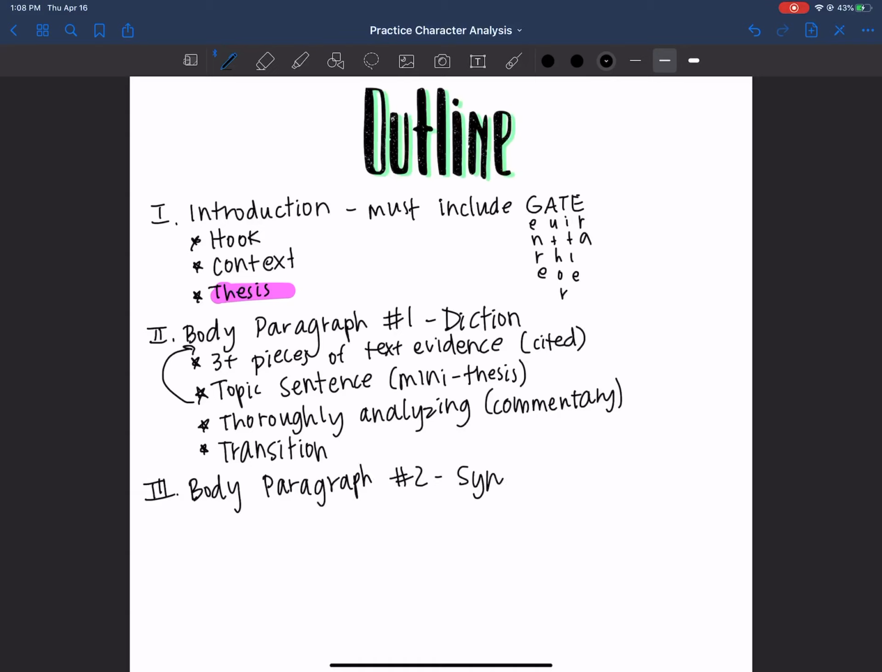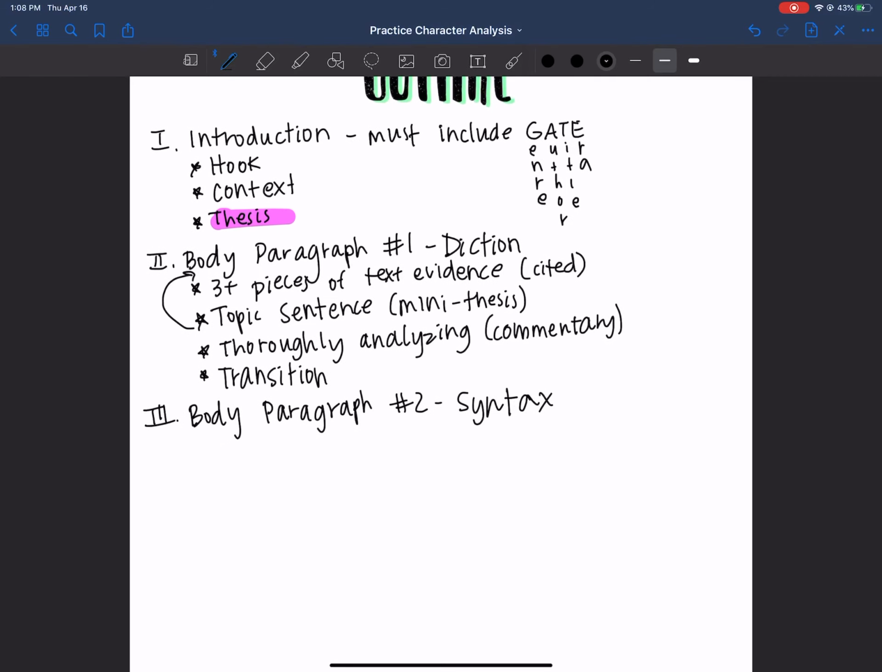Which for me is syntax. For you, it will probably be something else. So everything is going to be the same. We still have to have a topic sentence. We still need to have at least 3 pieces of text evidence, and we need to have commentary to accompany that text evidence. The only difference is that I don't think that the second body paragraph, unless you are doing a third body paragraph, I don't think that the second one needs a transition,